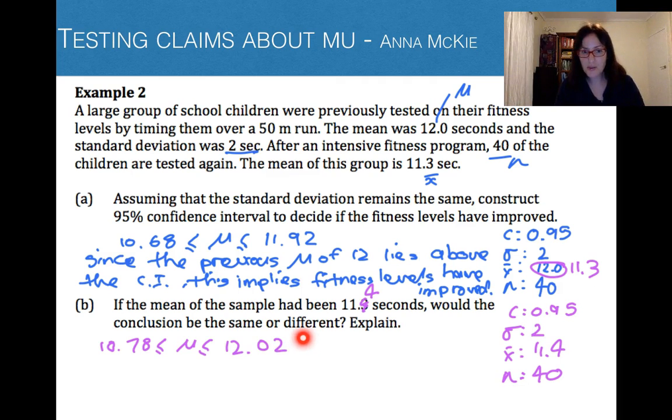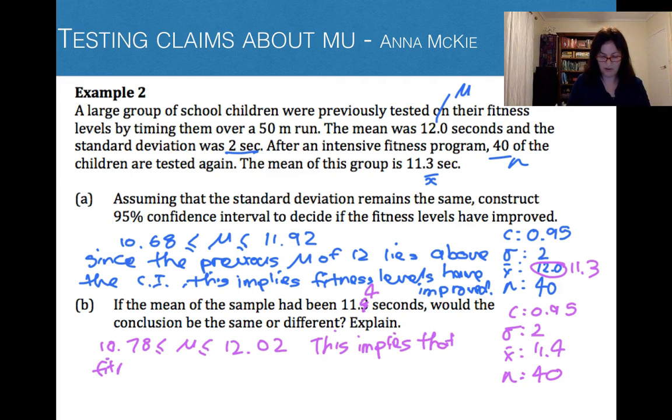So now where is 12? 12 is within this confidence interval. So reading what the question asks us, would the conclusion be the same or different, and explain. So this would imply that the fitness program has not improved levels, because this implies, feel free to speed this up, that fitness levels have not improved. Have a think of why. Have not improved